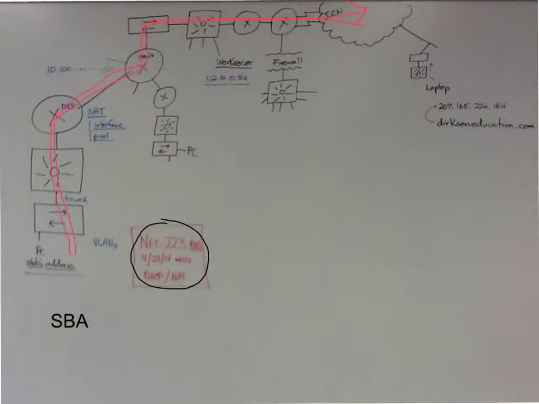So a PC should be able to communicate with other networks out on the internet. And then what we also should be able to do,